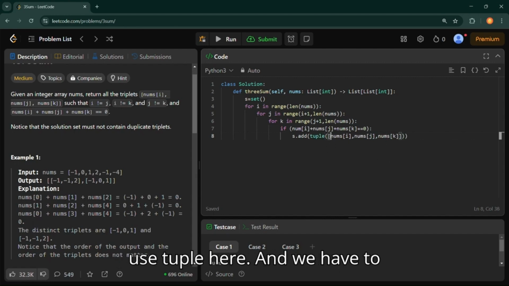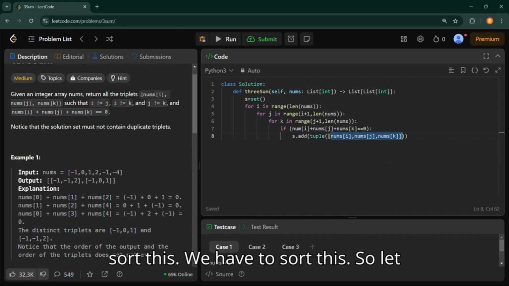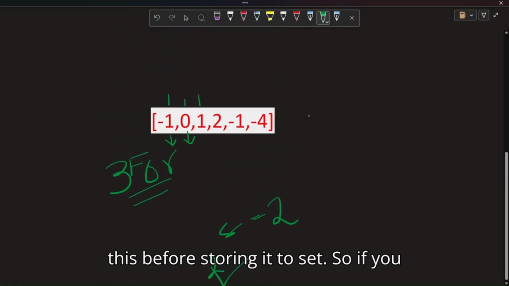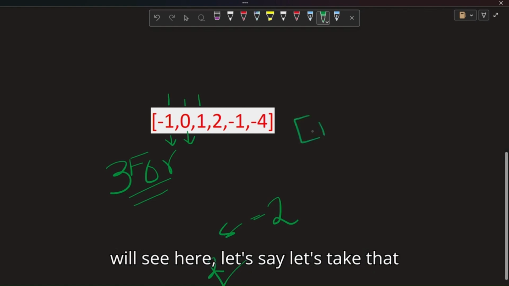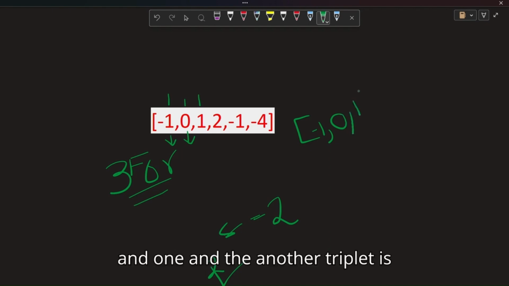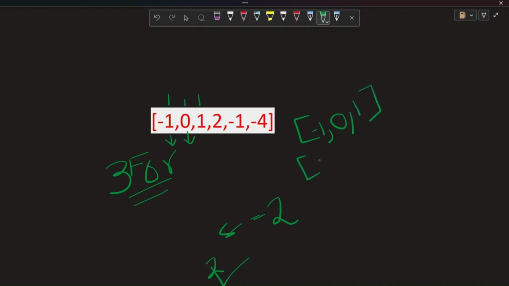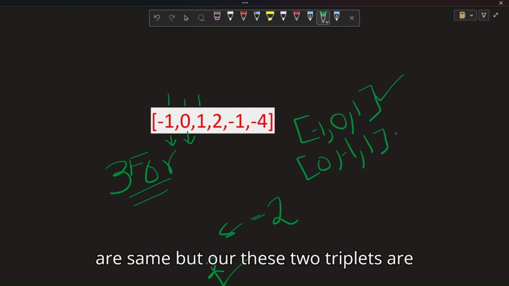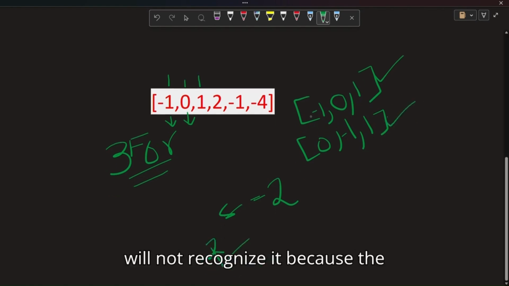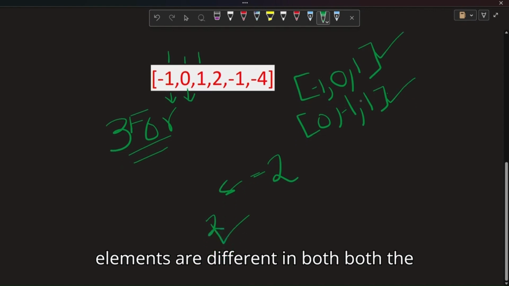And we have to sort this before storing it to the set. Let me explain why. Let's take that example again. If one triplet is 1, 0 and -1, and another triplet is 0, -1 and 1, these two triplets are the same, but our set will not recognize it, because the elements are in a different order in both lists.